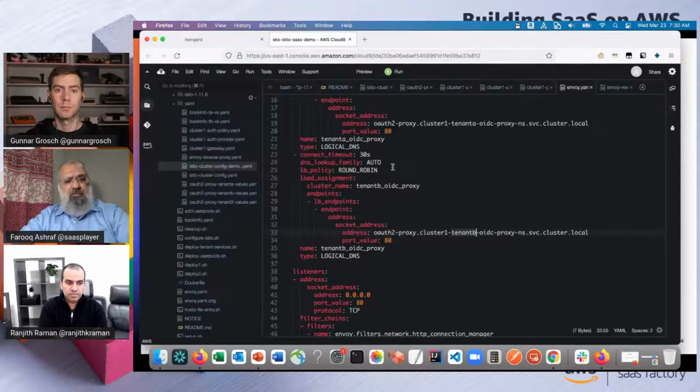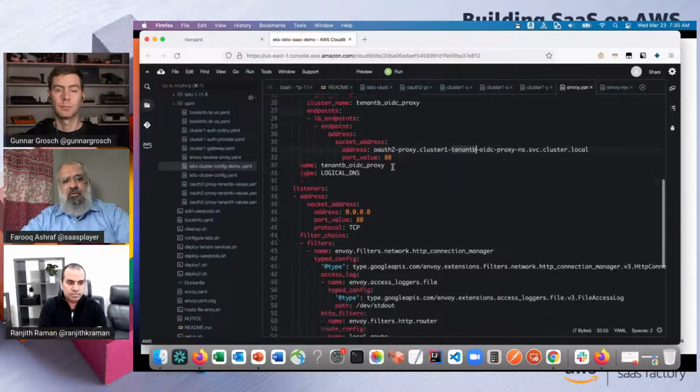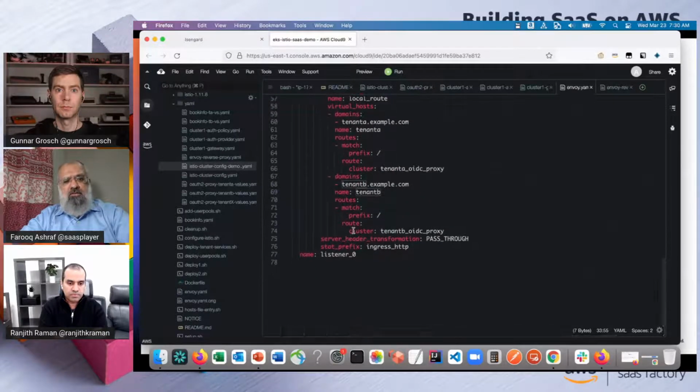Those are the basic settings that you need to do. There is one more important setting here, which is to set server header transformation to pass through. So we're telling Envoy Proxy not to modify any headers that are coming from the client and to pass them through as is to the backend.